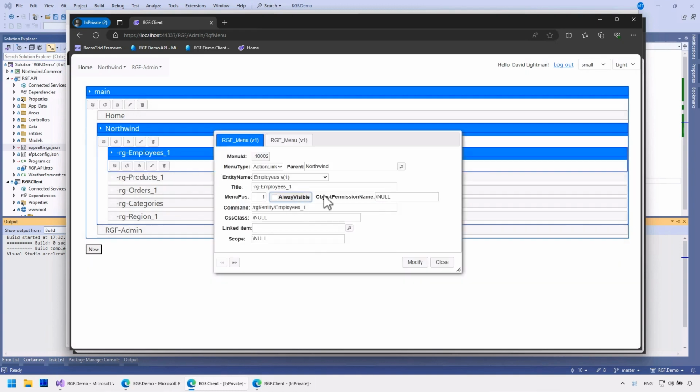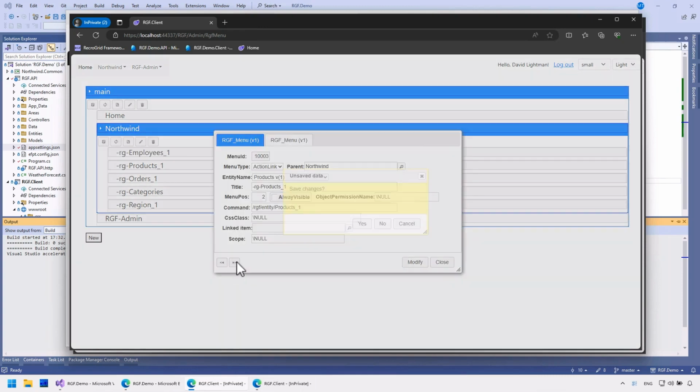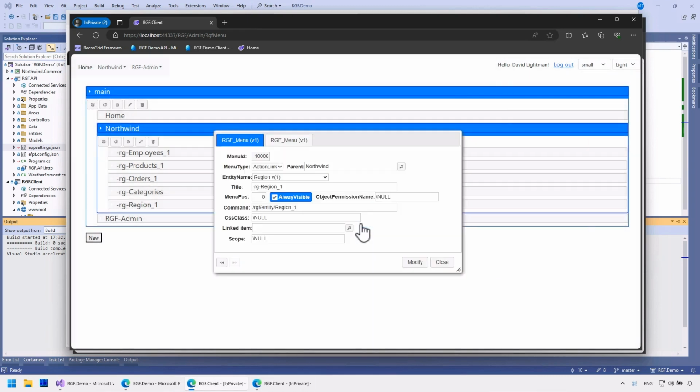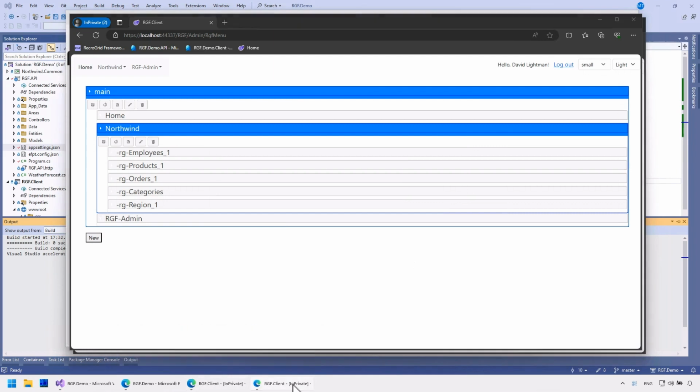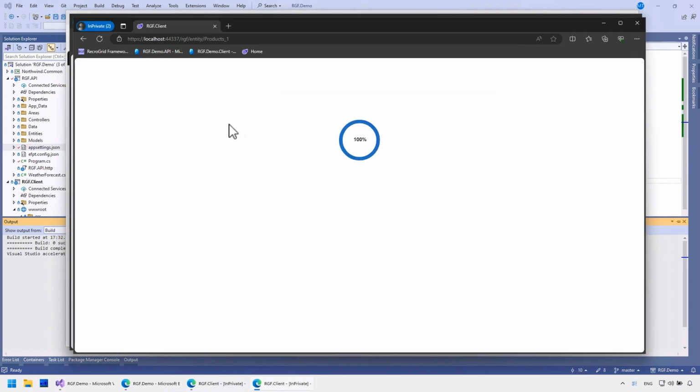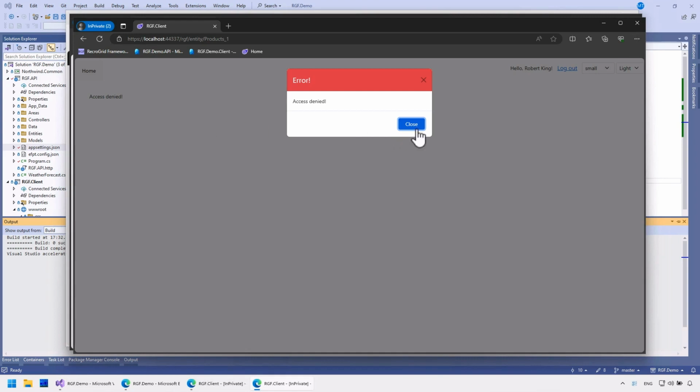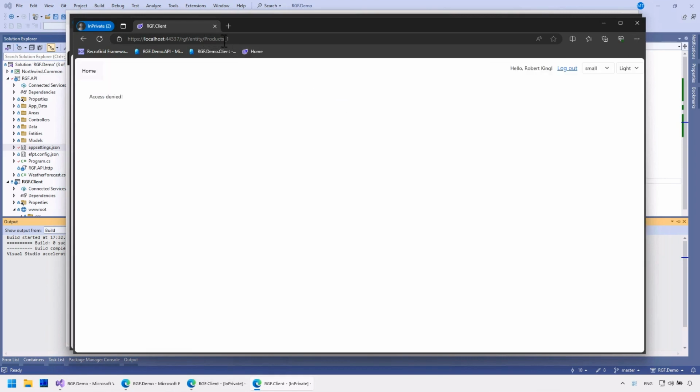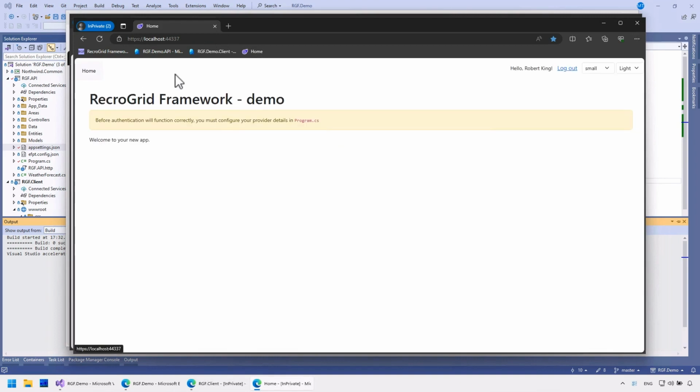This way, I determined that it should only appear if the logged in user has permission for the specified entity. I'll refresh the page. And sorry, the product URL remained. So now the menu isn't displayed. I'll also remove this warning message.